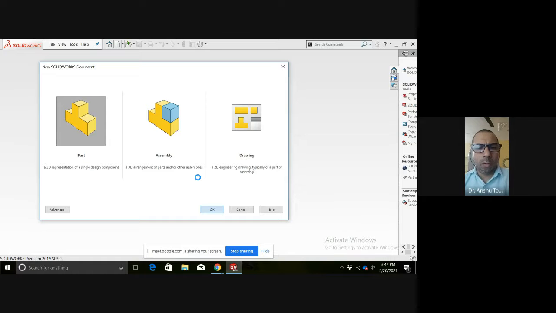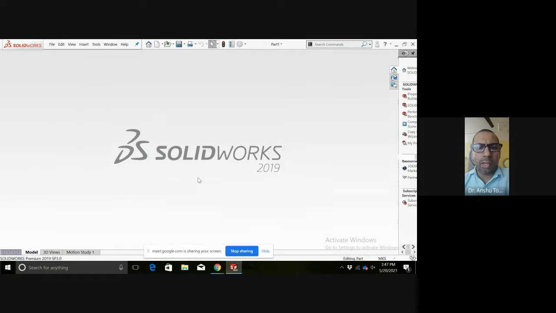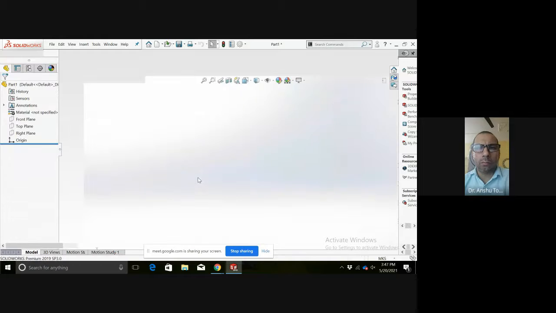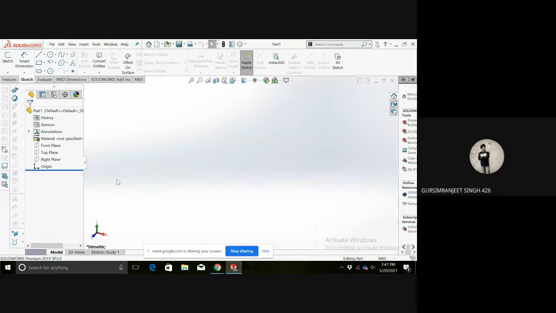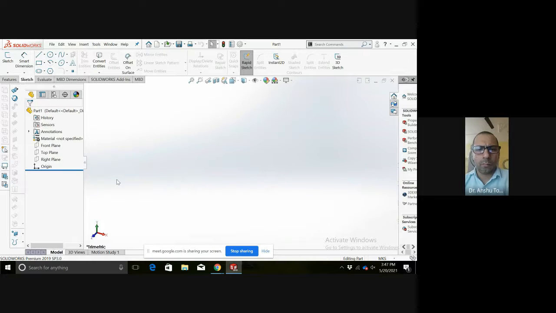Have you tried to download the software from any source and tried to learn it till now? सॉलिड वर्क नहीं है सर. 3DX पे है. No, what we are learning right now is using SolidWorks.